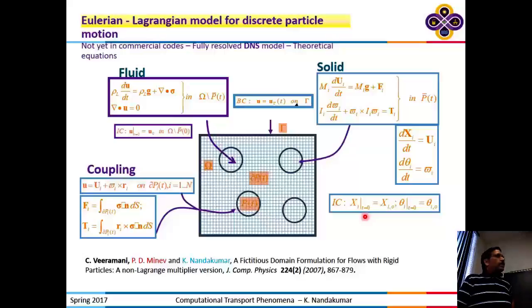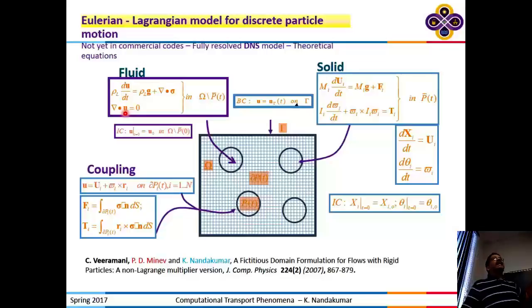So this is the framework for DNS. We actually had three PhD students working on developing algorithms for solving problems like this. One of them is Veeramani, who is now a faculty at an IIT in India. The problem is essentially the following. You have the Navier-Stokes equation written in the form of Newton's law of motion, m times dv/dt equals the sum of external forces. But this d/dt is a total derivative that includes